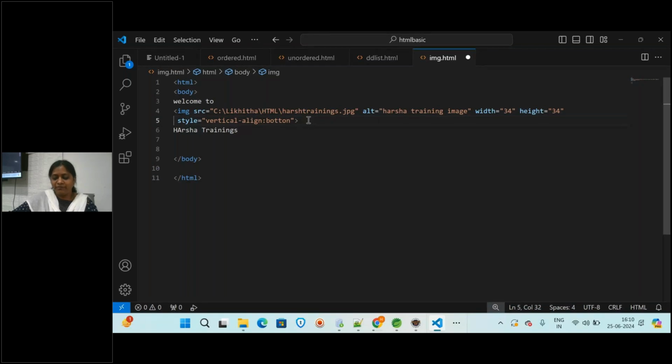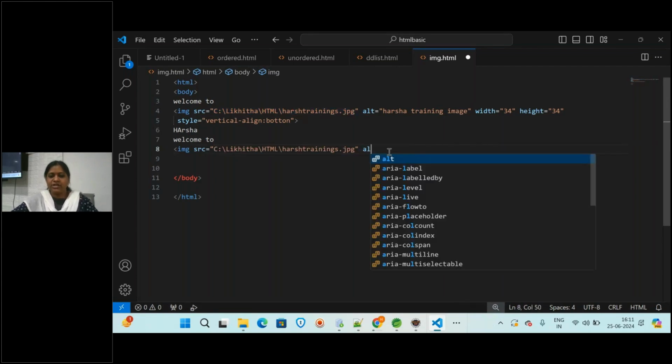So now we will be giving different styles. Let us write here, I'm writing the same text, but I will be giving different alignments. Welcome to, again I'm writing the image tag img and then src equal to. You will be providing the same path, same image, but we will align it in different locations.